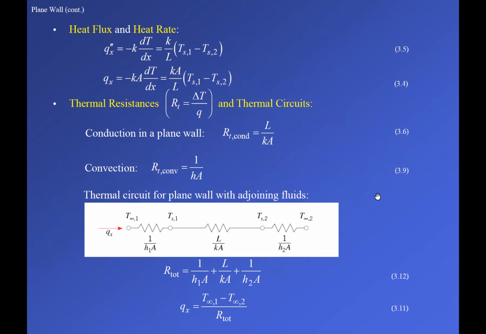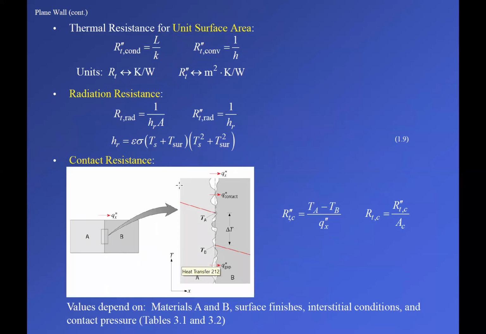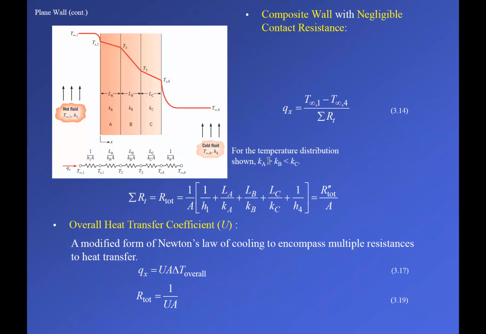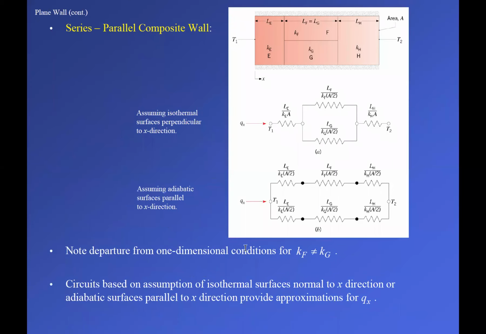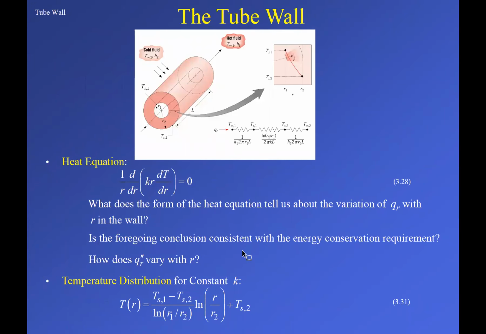For heat flux, we can rearrange for thermal resistances, do a thermal resistance network, right? There's contact resistance, composite wall where we just sum up our resistors, and then we can get a total resistance across the whole thing. If we want to, we could put that into an overall heat transfer coefficient, series and parallel. Tube, we were on, do the same thing, heat flux,